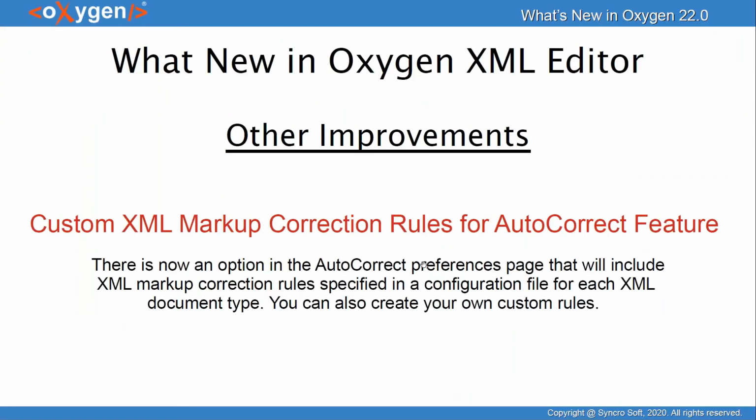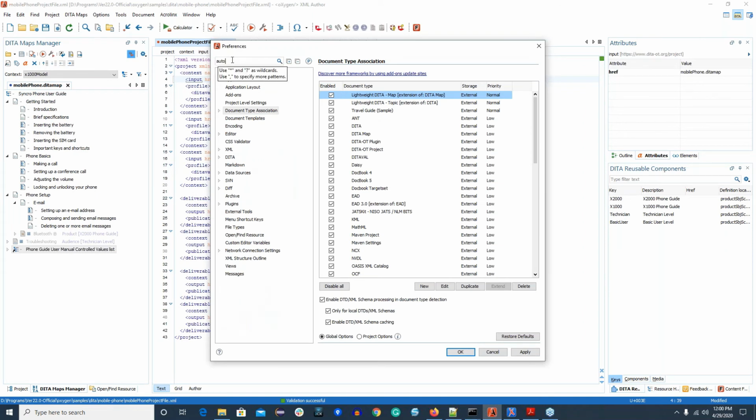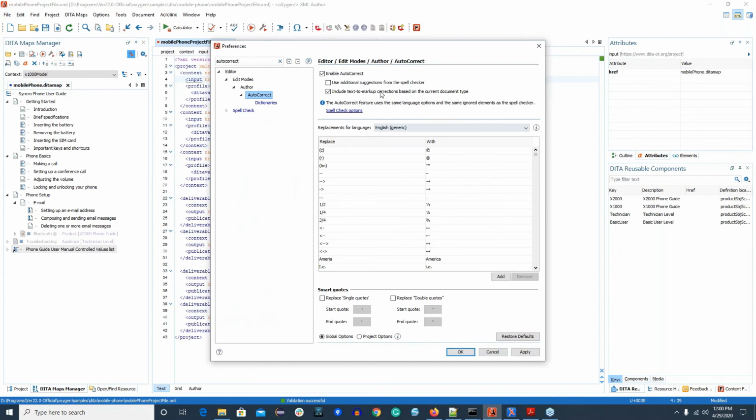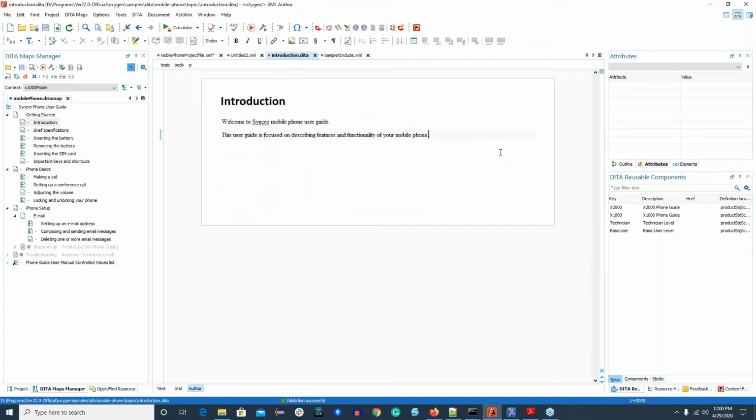And one miscellaneous new feature that I want to show you, there's now an option in the auto correction preferences page. Let me show you that. It's this one. It's called Include Text Markup Corrections based on the current document type. And to show you what this means,